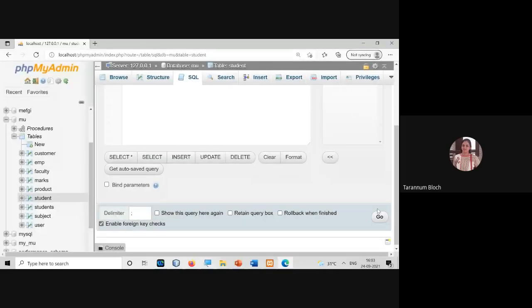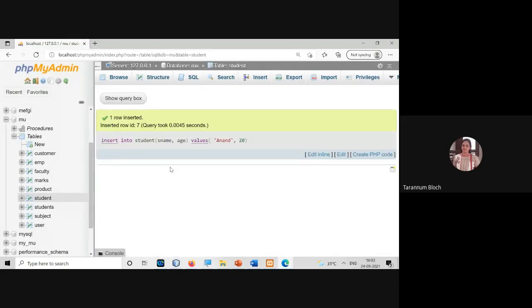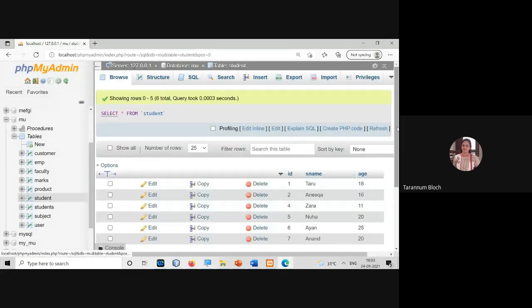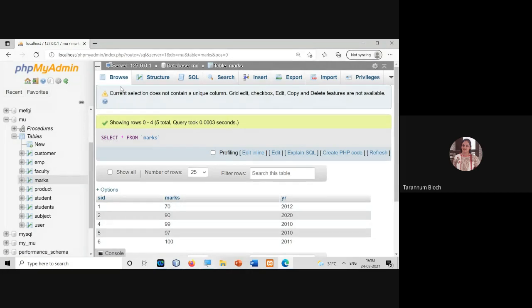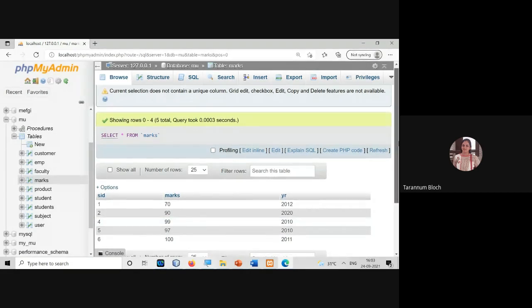Let me give the name of Anand, and I'm giving some age, 20. And I run this. So now the first name entry is done for Anand. And if you browse, it has the ID 7. Now if I browse the marks table, there is no entry for 7.